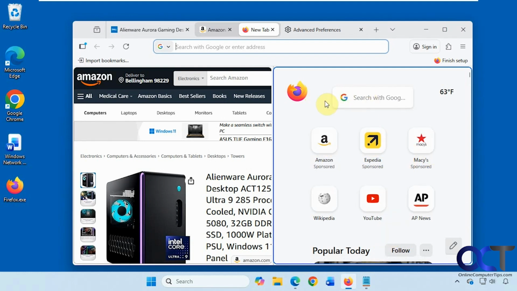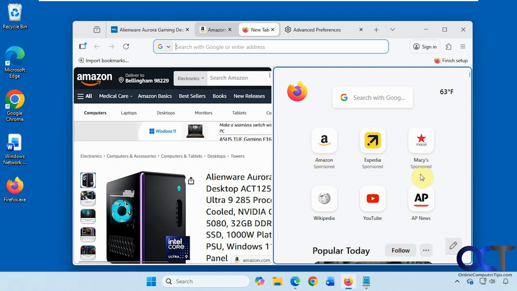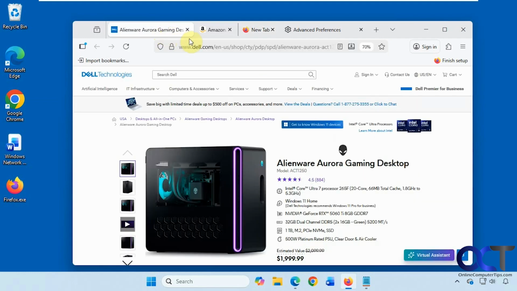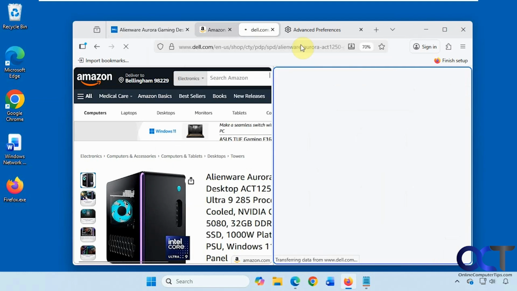One thing I don't like about this compared to Google Chrome is that when you split the view in Chrome, it'll show you your other open tabs, and then you could actually click on one of those and load it in the other window. Whereas with Firefox, let's say I wanted to compare this one here, I'd have to copy this, paste it in here,